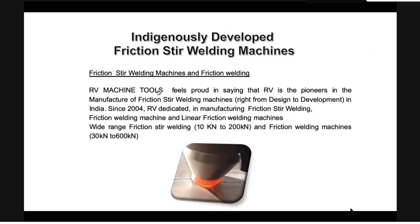RV Machine Tools, Friction Stir Welding Machine. RV Machine Tools feels proud in saying that RV is the pioneer in India in manufacturing friction stir welding machines, right from design and development in India from 2004 onwards. RV is dedicated